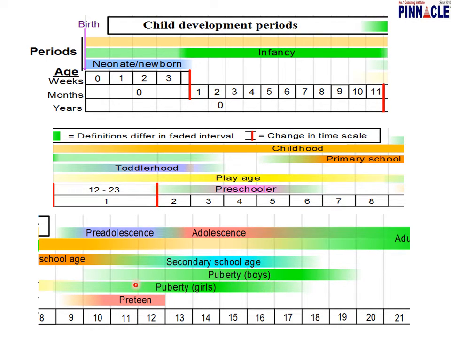Generally puberty comes first in girls as compared to boys. You can say 1 or 2 years is the difference. Adolescence will start from here, at 13-14 years, you can say from age 12 years, and it goes on like this to 18 years, 19 years. So these are the different stages: adolescence, pre-adolescence, preschooler, childhood, and infancy. This diagram is a basic understanding of the various development periods in a child.